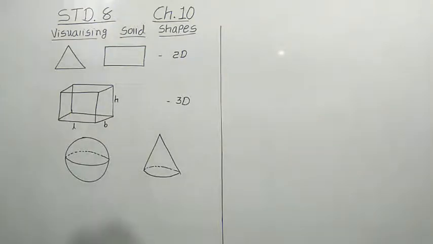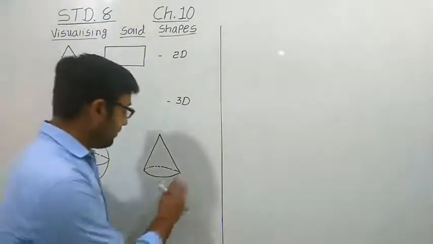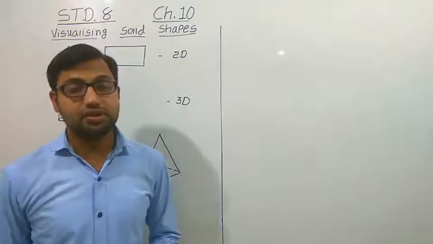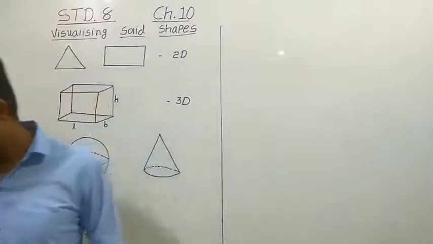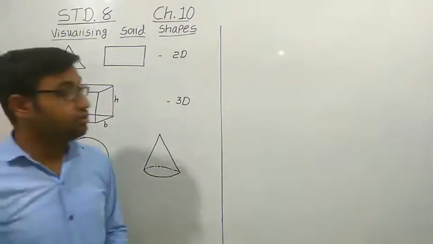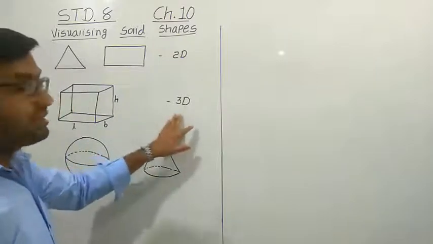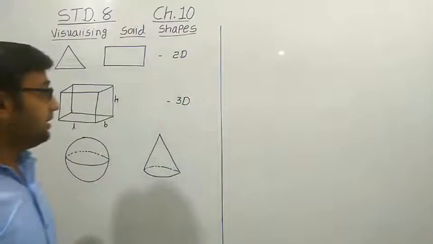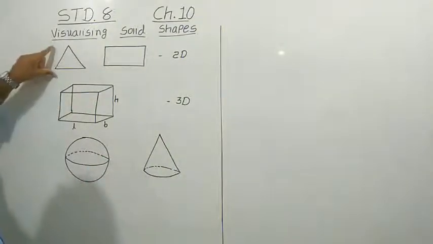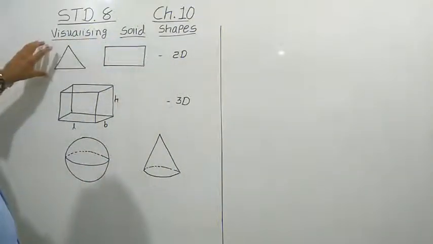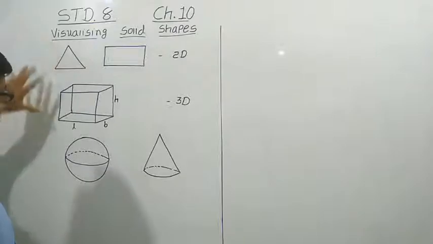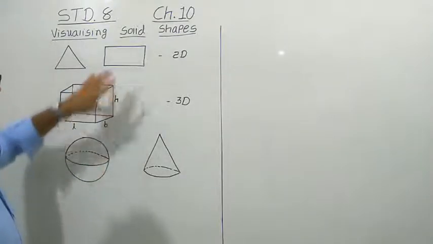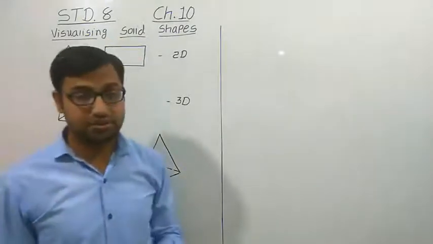So many 3D shapes are there that we come across in our day-to-day life, right? So these are the solid shapes, and all solid shapes are called 3D shapes, because they require three dimensions to measure. So this is the basic difference between the two-dimension figures that are also called plane figures and these 3D shapes. They are called the solid shapes.